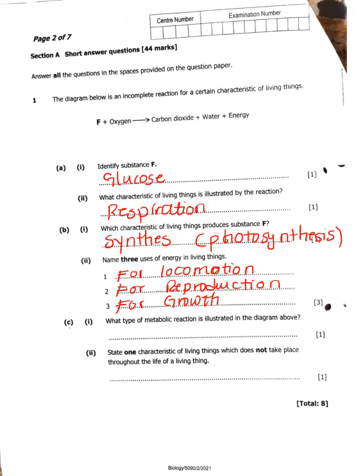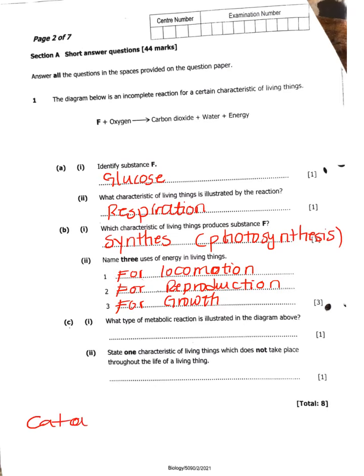Now let's move on to question C, Roman number 1. What type of metabolic reaction is illustrated in the diagram above? So we only have 2 types of metabolic reactions that we look at. We have anabolism and catabolism. So among the 2, we were trying to identify these 2. Now